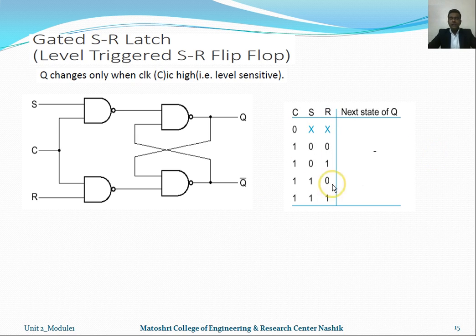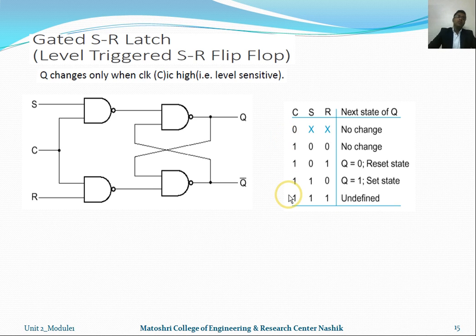This can be clearly shown in this table. C is nothing but the clock, and when the clock is at the upside, this is the positive edge triggering. Without the clock the output is no change, irrespective of the value of S and the value of R, the output is not going to change because your clock is not active. Your output is giving no change, reset state, set state, or invalid state, as we studied in the previous slide, for the SR latch only when the clock is present.